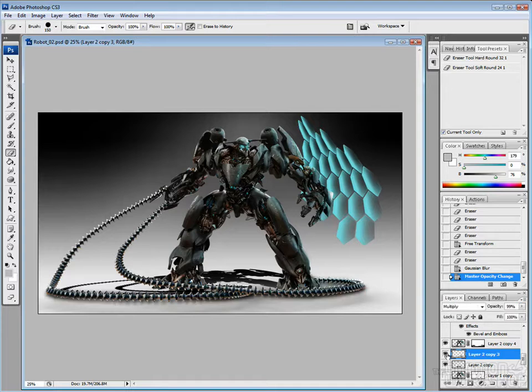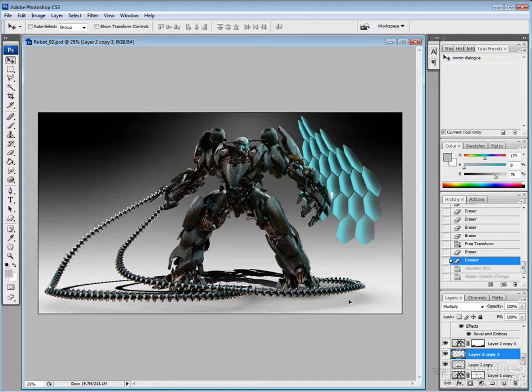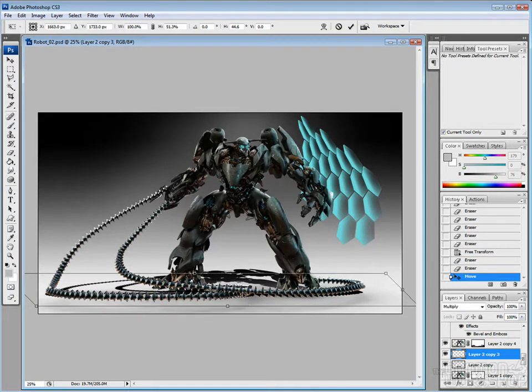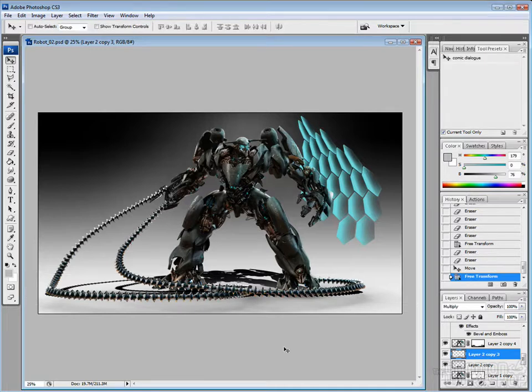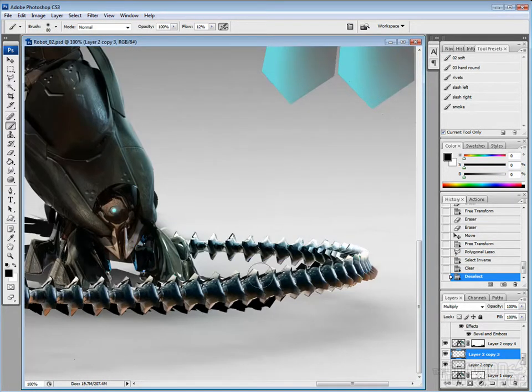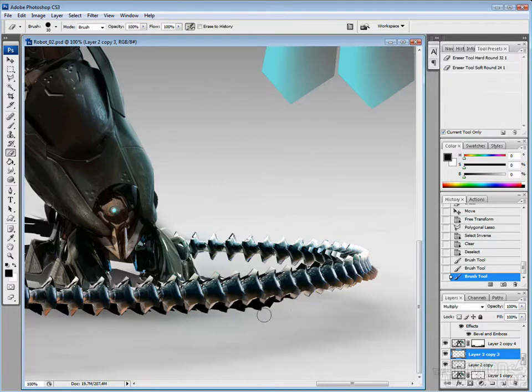So here I'm just adding a little bit of blur to the shadow on the dual whips. Just kind of cleaning it up a little bit. It's a little too strong. So it's kind of getting there. I mean, it's not perfect, but